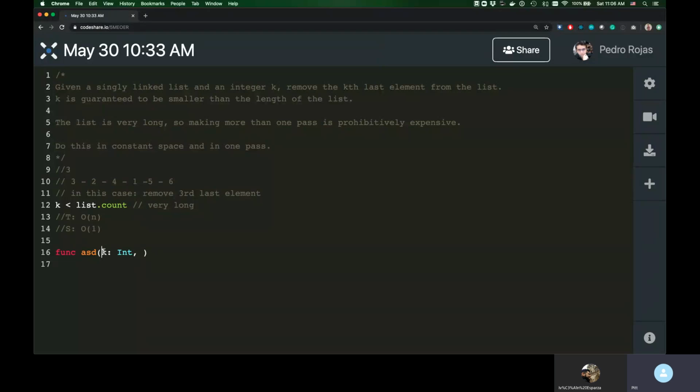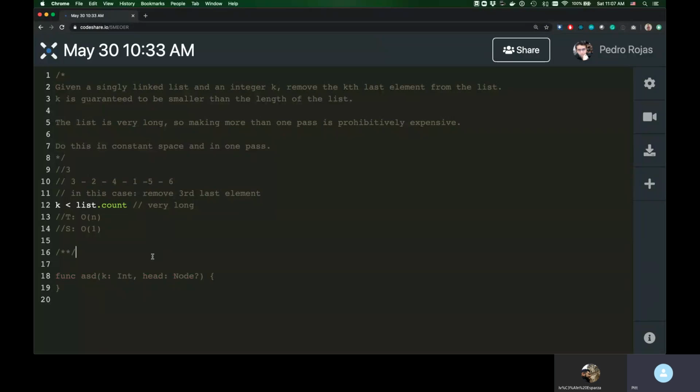So for this exercise, I assume it's obvious the k value is just an integer, but for the linked list as a parameter, should I use the head node as the entry point, or is that okay? Yeah. Okay, I'm going to invent something like this, right? And in this case, just to clarify, node contains